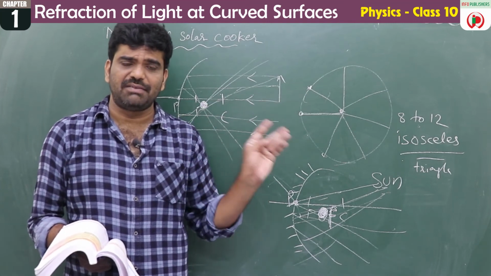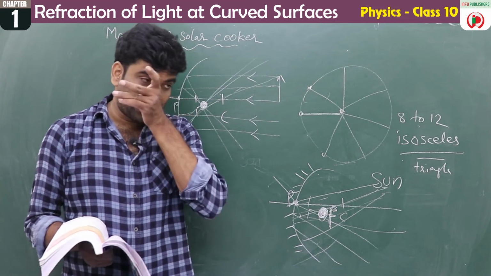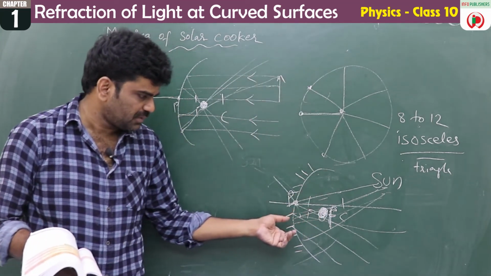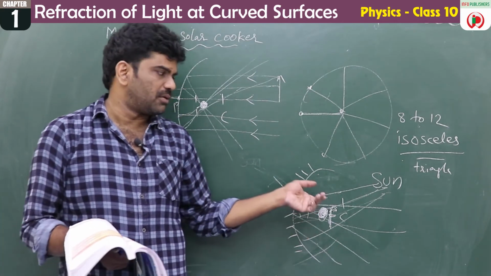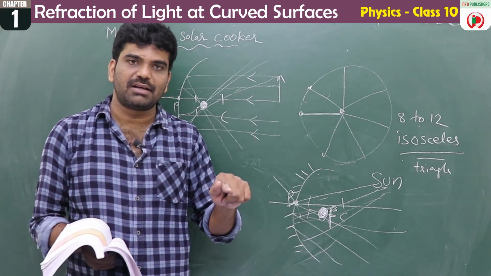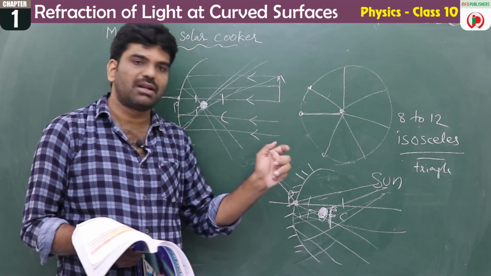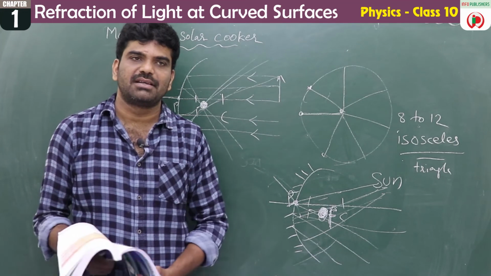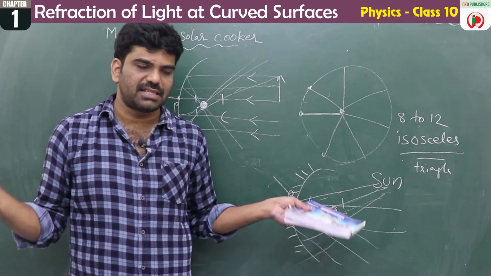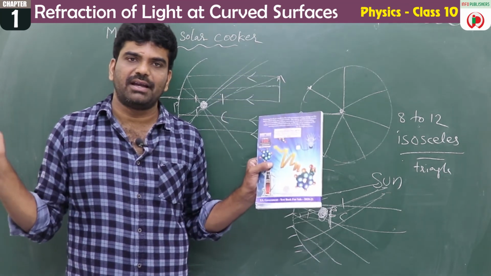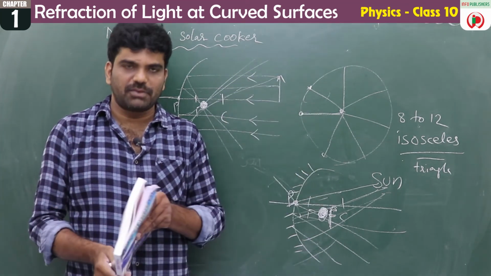Concave mirrors are used in TV dish antennas. All the rays meet at one point, right? So concave mirrors are used in car headlights. Concave mirrors are used to make solar cookers. What about convex mirrors? Convex mirrors are used as side view mirrors so that the entire area is covered, and the image will be small there.